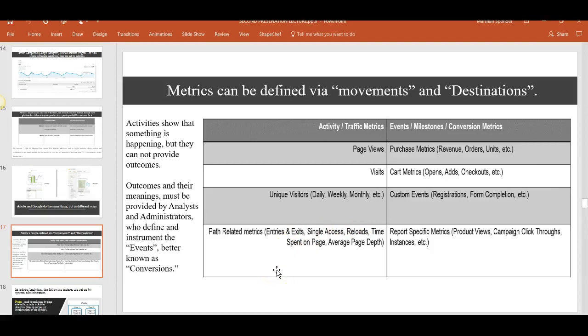I take the PATH train across to 33rd Street from Jersey City, and my destination is 33rd Street. When I'm on the train, I might be able to tell I'm moving, but how do I know I got there? When I get off and I can tell I'm at the station. So the events, the milestones, the things that happen, these are things that often we have to create. These are things that the analyst has to create.